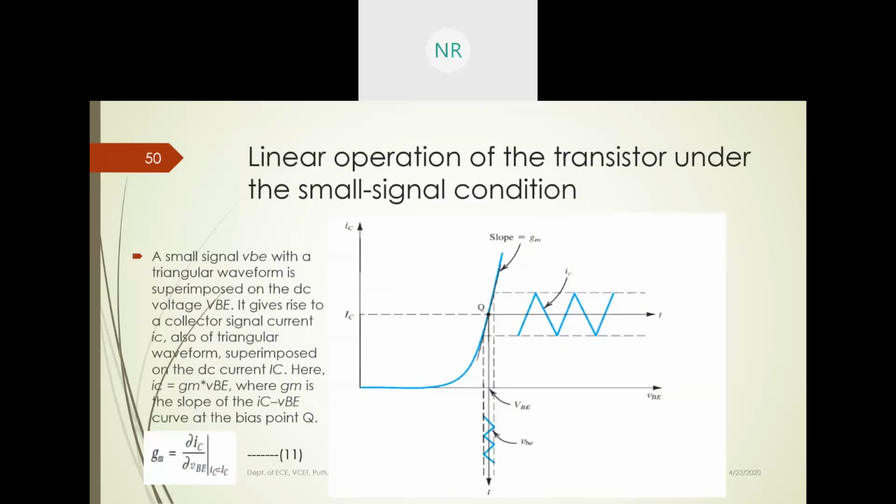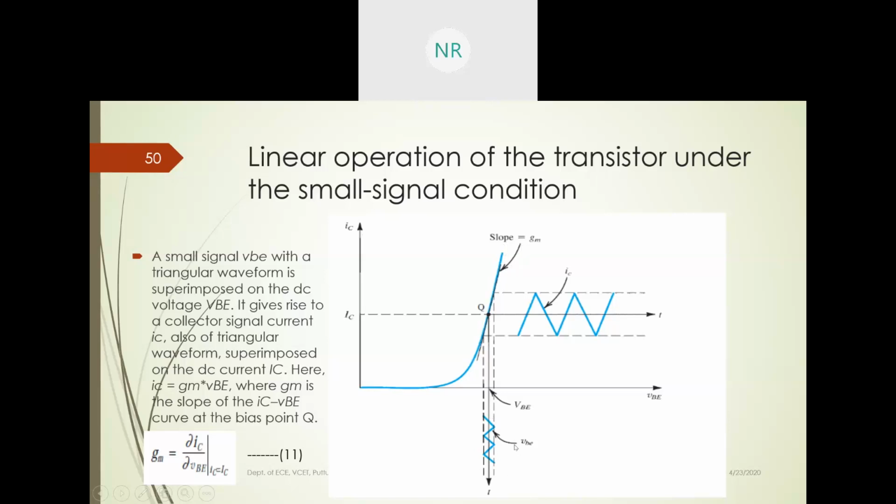Next, this is the graph I mentioned, drawn as IC versus VBE. When you draw the graph like this, as you increase the VBE, your collector current is going to increase like this. Till the conducting point of the transistor it is almost equal to 0, and after that it rises rapidly. Whatever slope we get here is nothing but your transconductance GM.